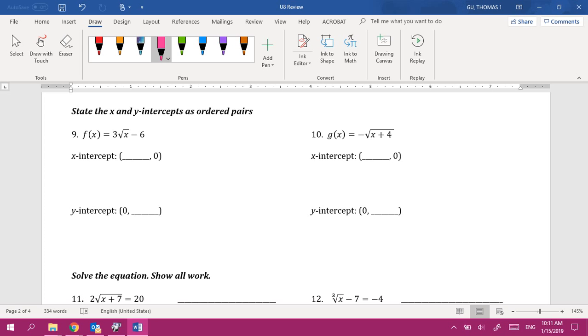X-intercept is a number, comma, 0. So this is the y value right here, right? So we know that the y value is 0. So how can I find what the x value should be? Plug the 0 in for the g of x. That's right, because g of x is the same thing as y. So if we replace this g of x with a 0 and we solve, we can find what the x value should be. So we write 0 equals